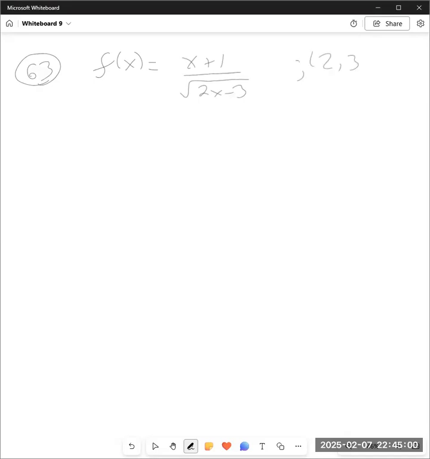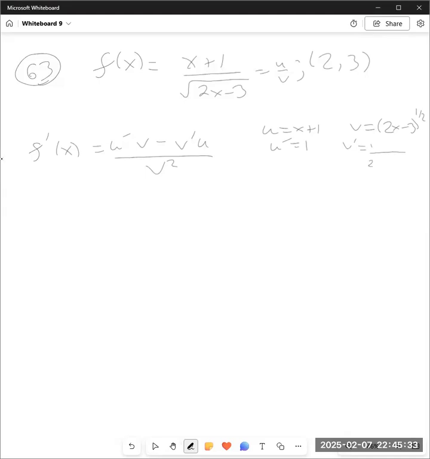So I'm just going to call this u over v right now, and say f prime of x is u prime v minus v prime u all over v squared, where u is equal to x plus 1 and u prime is equal to 1. v is equal to 2x minus 3 to the 1/2 power, and v prime is equal to